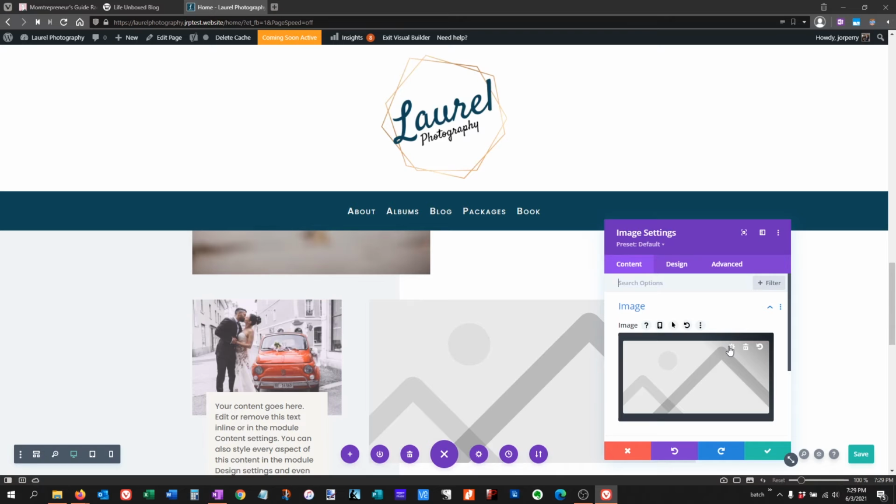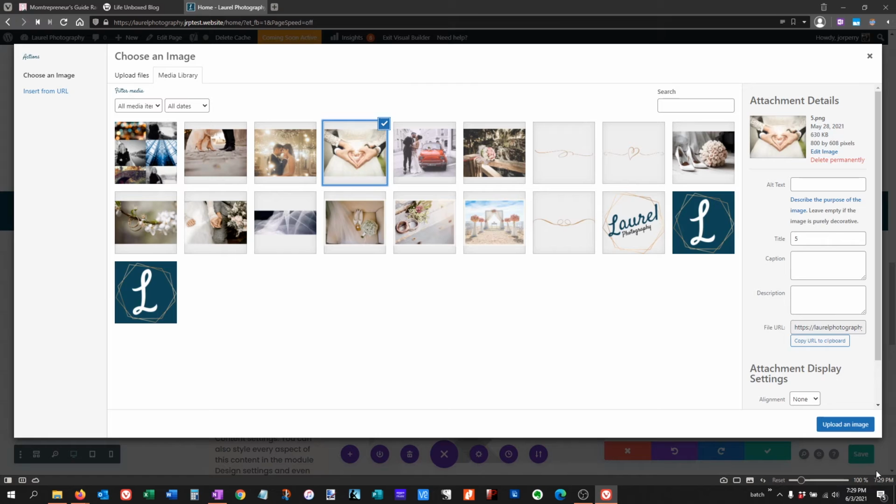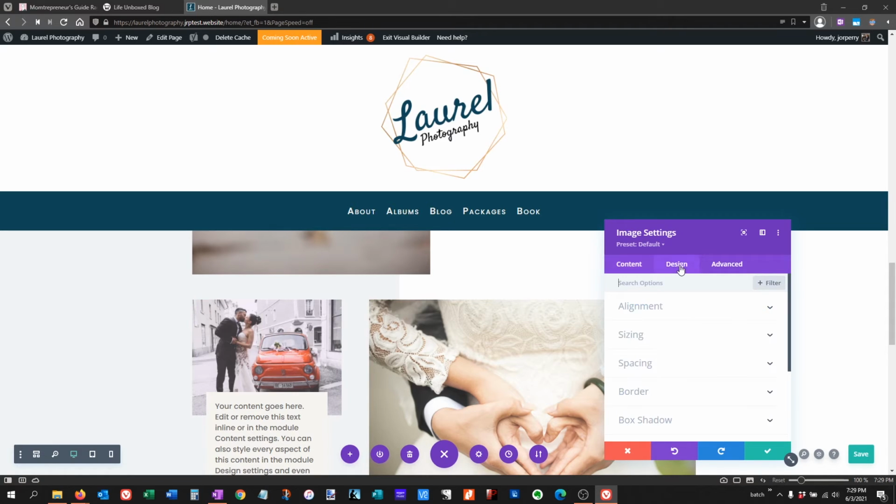So let's add our image. We're going to add the heart hands, because we get to be cheesy when it's a wedding. Or not really cheesy, but a little bit cheesy. Anyway, so let's go to our spacing, and we're going to delete the space below the image because we are going to